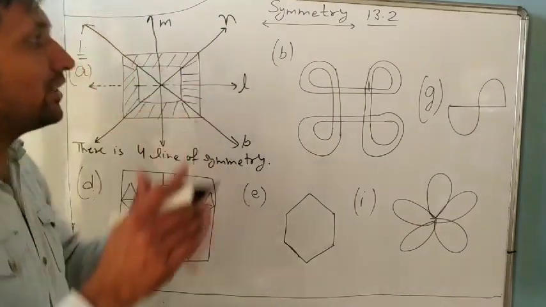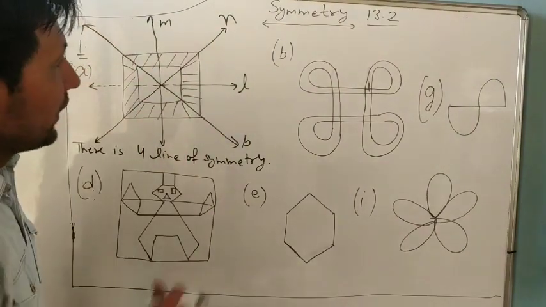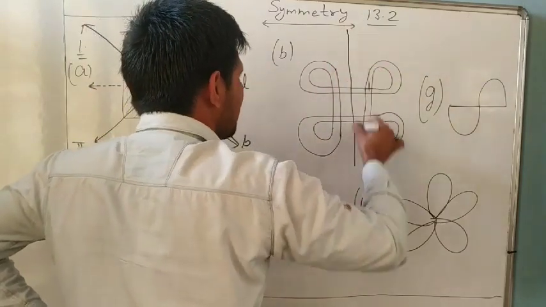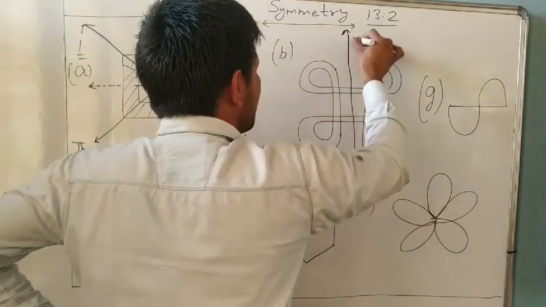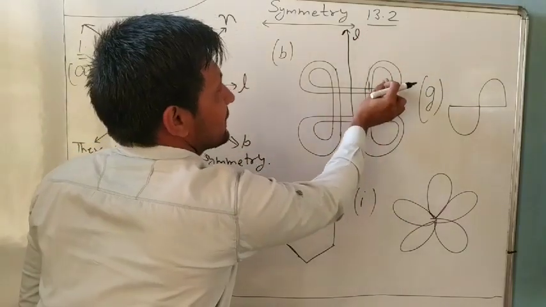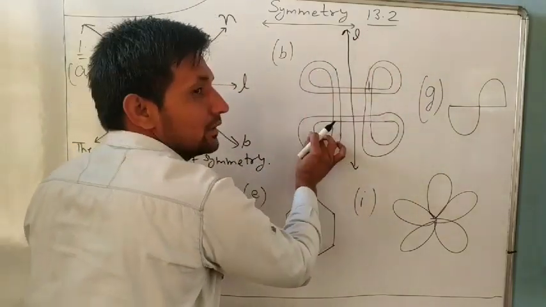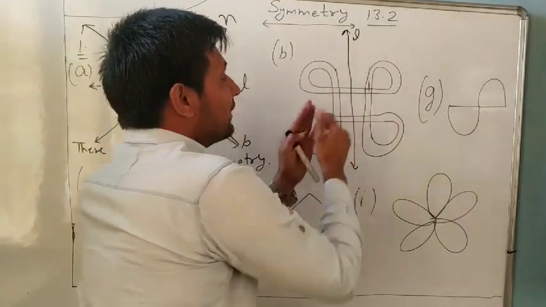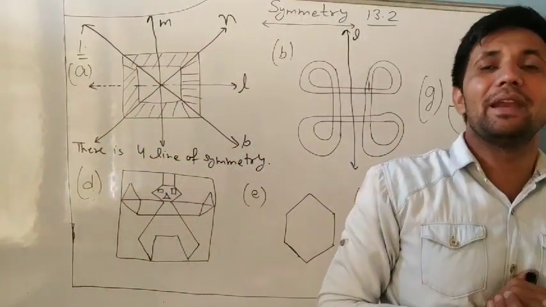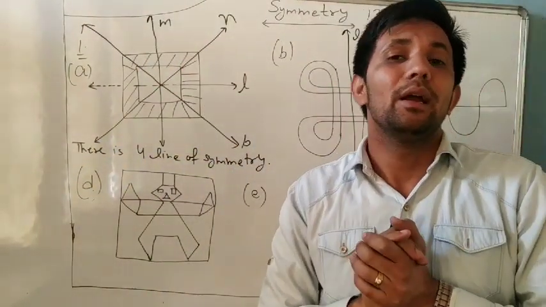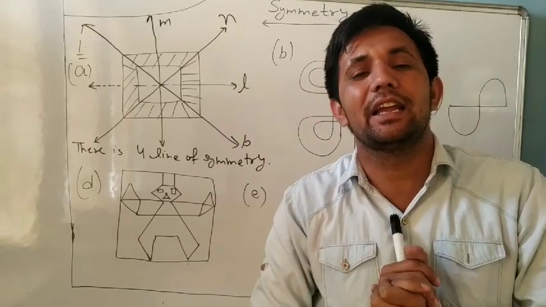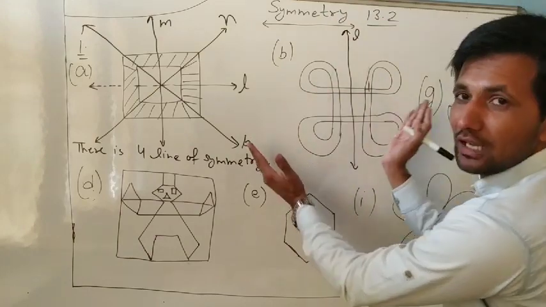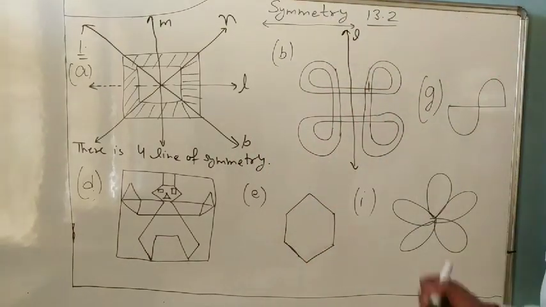You have to imagine in this figure. Okay. Look at it. In B part, can we say that it is a line of symmetry? This line L. Yes. When we fold it, this side covers this one and this side covers this one. What is line of symmetry? A line of symmetry means a line which divides a figure in two identical parts. Identical means same part. So when we divide it, left side and right side are both the same. Yes, it means it is a line of symmetry.